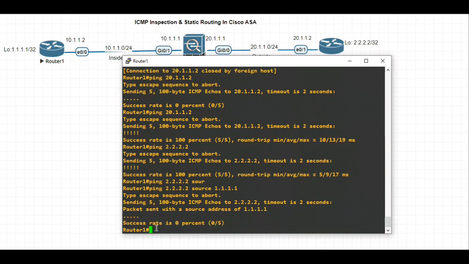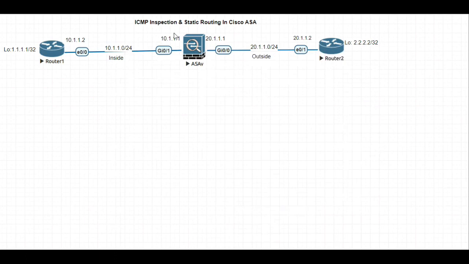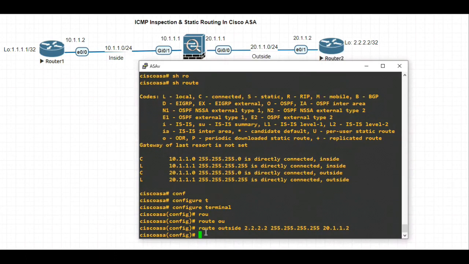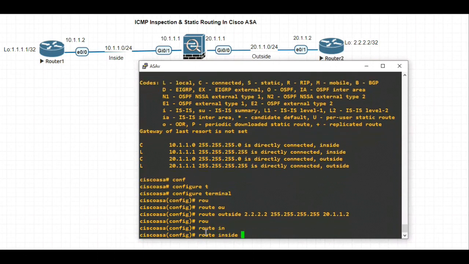Let's go ahead and configure the static route on the Cisco ASA firewall, so that you are able to ping this loopback IP address with the source of the loopback IP address. Okay, let's go to the ASA firewall. We are already in global configuration mode. So use the command route inside.